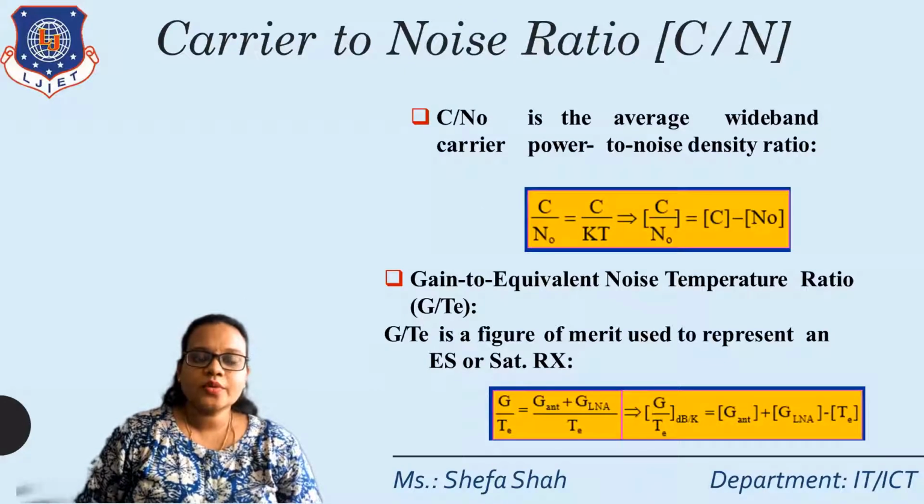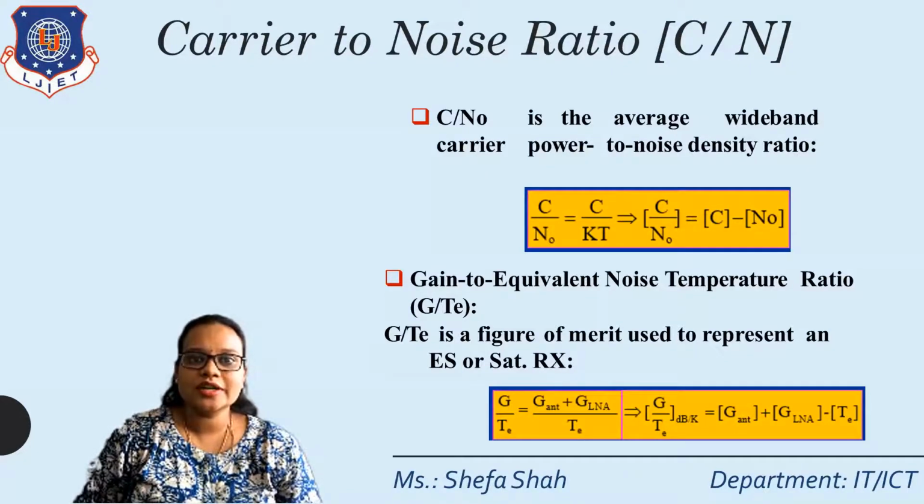So next topic we are going to cover, that is the carrier to noise ratio, which is C by N. Right? Now carrier to noise ratio, that is the carrier power divided by noise power. Now as we have discussed in the starting of this chapter, the carrier power for this particular satellite communication is nothing but the received power which we receive at the end of the link. Right? And noise power we have discussed, that is KT Bn. So when we talk about the carrier to noise ratio, that is nothing but carrier power divided by noise power, which is received power divided by KT Bn.